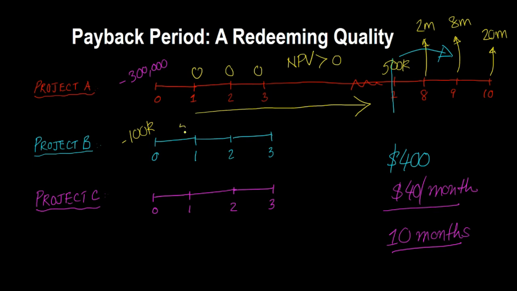In fact, let's make some numbers up. Let's suppose that you'll get 50,000 in the first year, then 100,000 in the second, and then maybe even 200,000 in the third. And with Project C, let's suppose this requires an investment of 200,000 upfront, but then it will give you $100,000 in 1 year, 150,000 in the next, and then 300,000 over here. You can probably see that for reasonable discount rates like 10-15%, these are likely to be positive NPV projects, but the NPV of these projects is not going to compare to Project A.